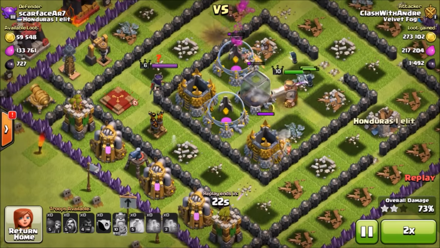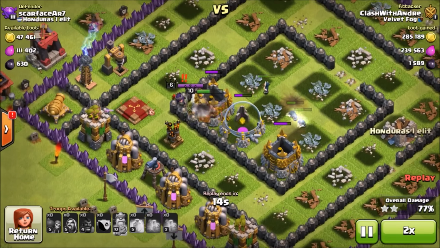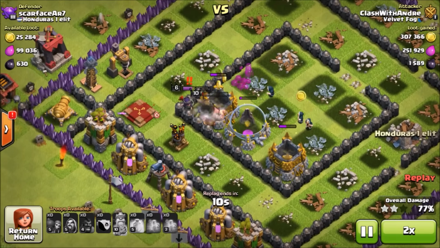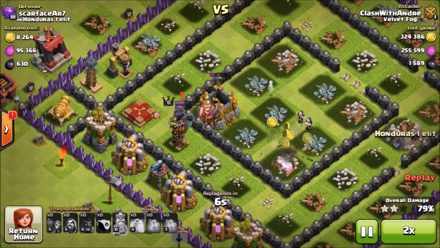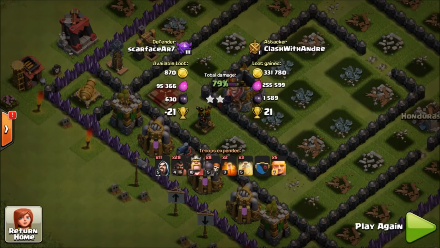But unfortunately I put my giants in a little bit too early. I should have probably put them in like 5 seconds ago, so that my giants would actually soak up damage for that queen, and then all the rest of my DPS troops could have worked through those elixir and gold storages and actually killed that queen. But we did still get